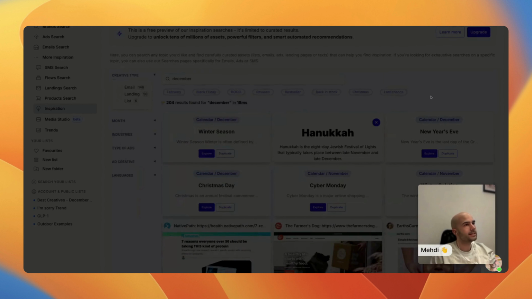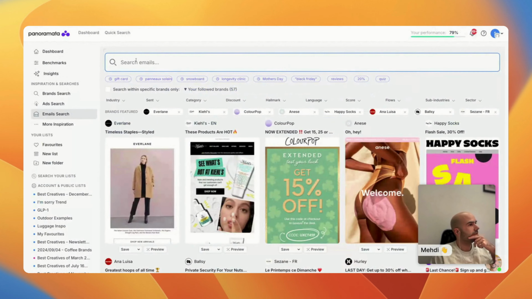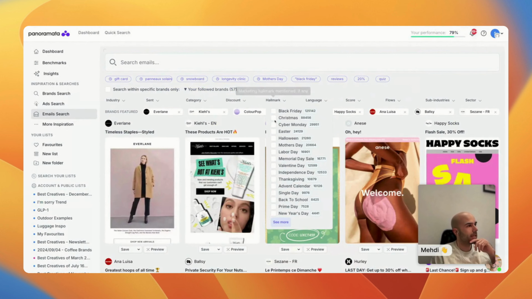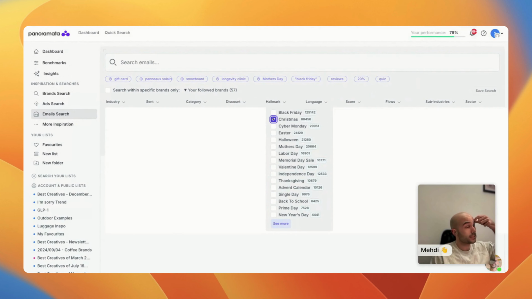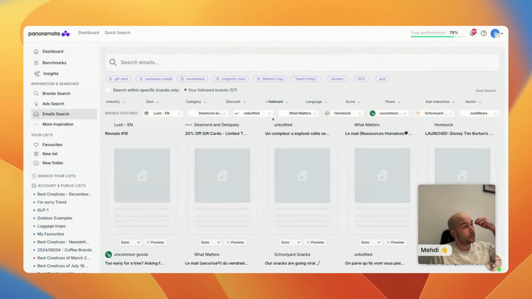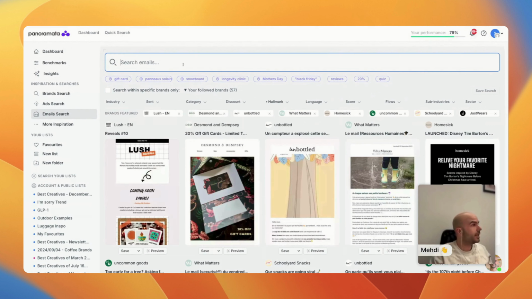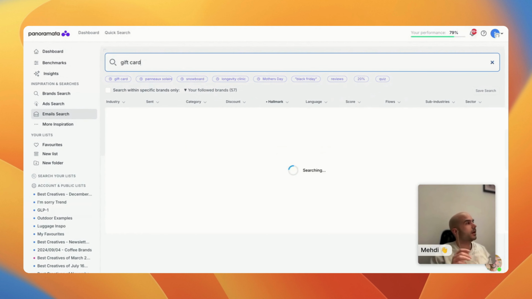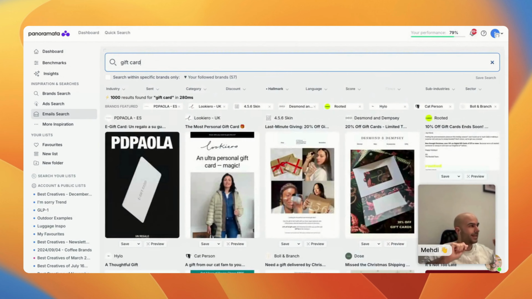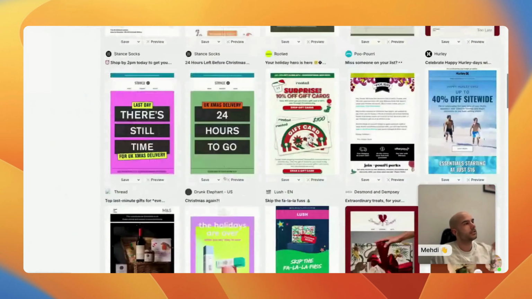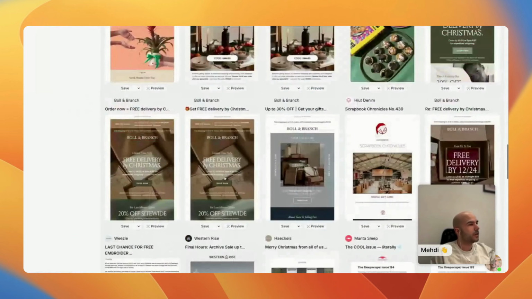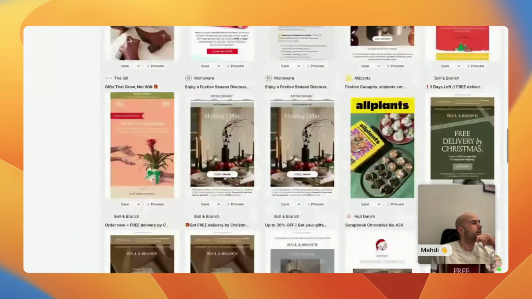And I wanted to give you quickly an example. If I go on the email search here on Panoramata, I'm going to go again for Christmas. I'm going to use this as an example. I'm going to go Christmas. I'm going to see every single email message about Christmas we've received on the platform. And then here I'm going to go gift card. And those are emails specifically mentioning selling gift cards for Christmas. And again, you have access to thousands of examples right away for your own inspiration